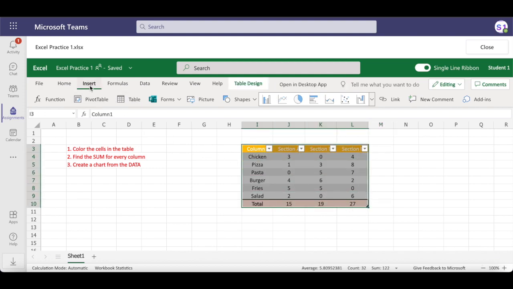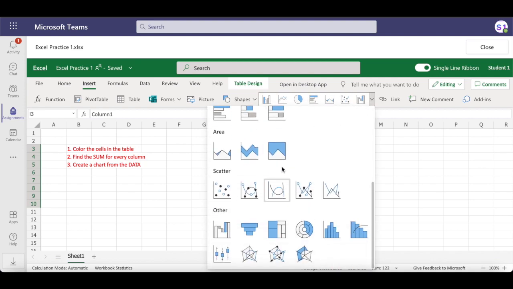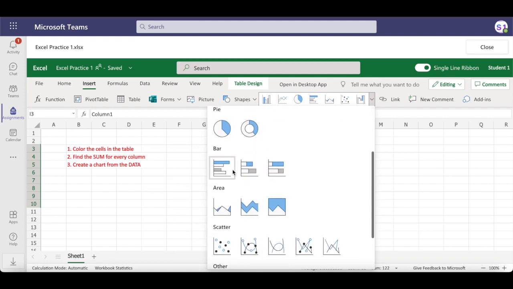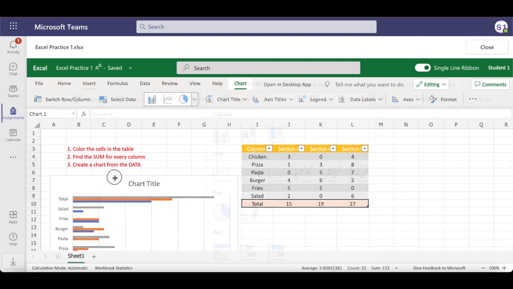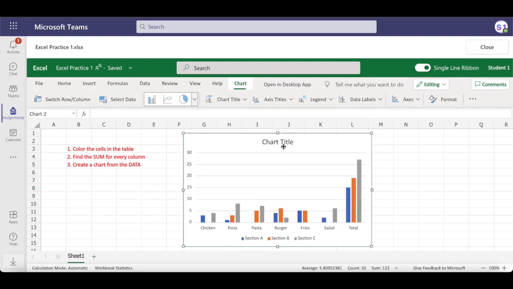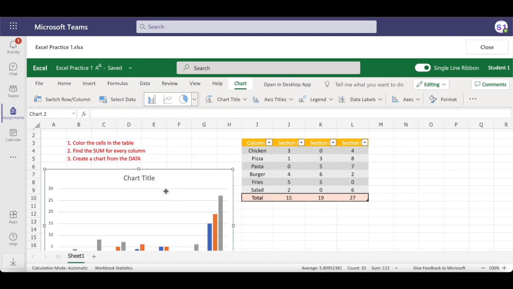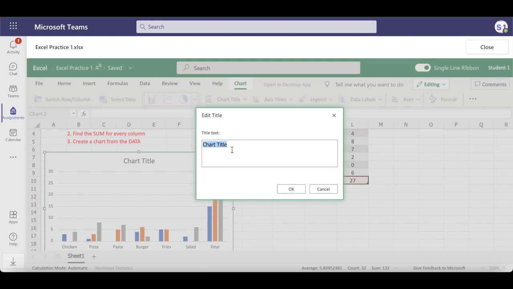So going to Insert, you can find over here different options. By the drop-down menu, you have many over here. I'm going to choose one of the options. This is another example, and of course, if you want to title it, you can go over here and change the title of the chart,